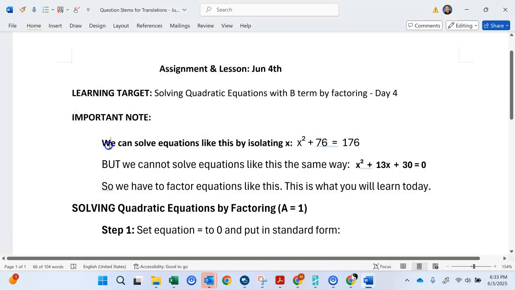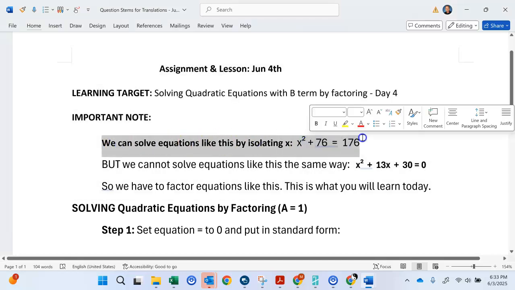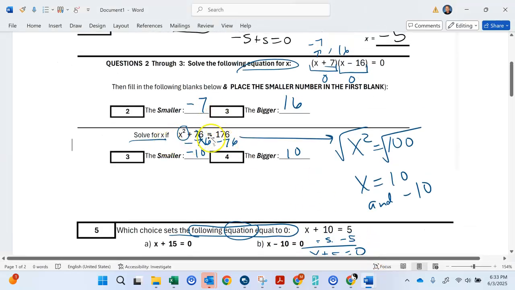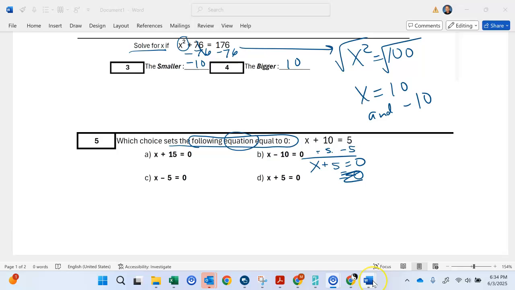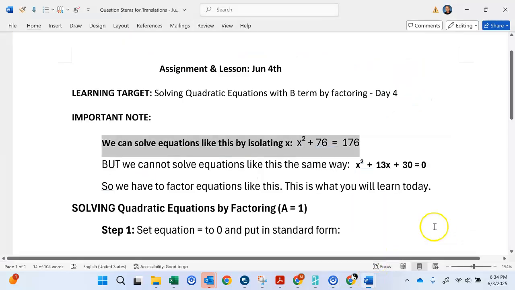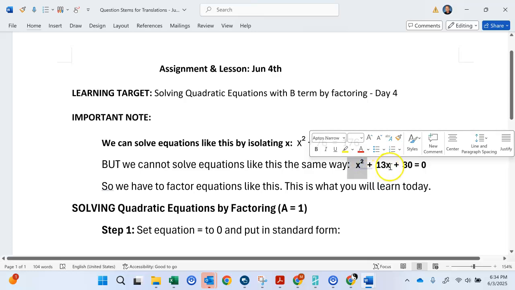Okay, so what it says is we can solve equations like this, like we did earlier up here. We can solve it. We subtract 76 from both sides, get x squared, and then take the square root. That's no problem. But when the equations look like this, when we have an x squared and we have